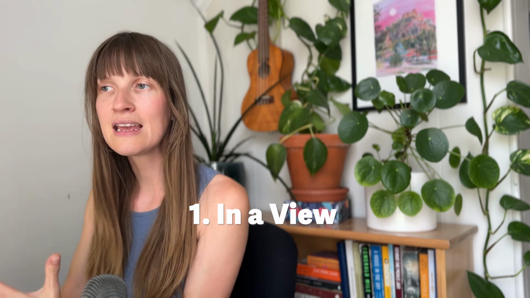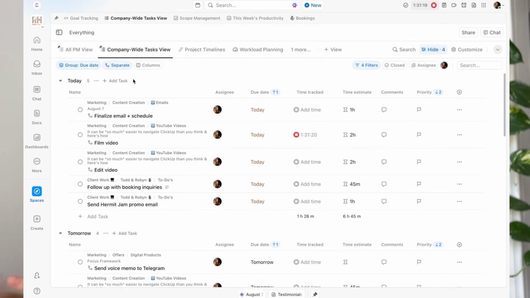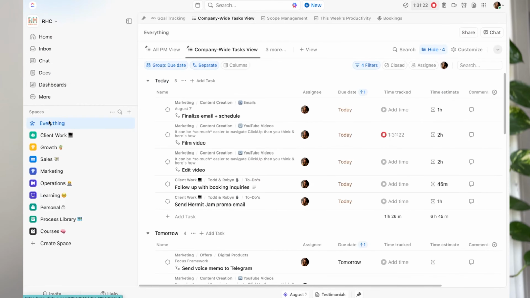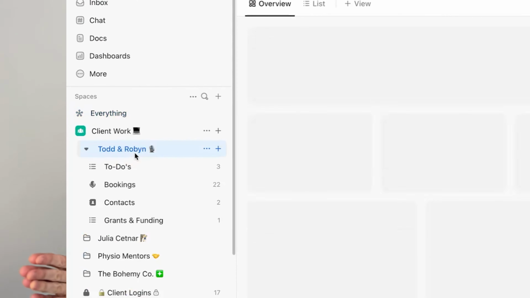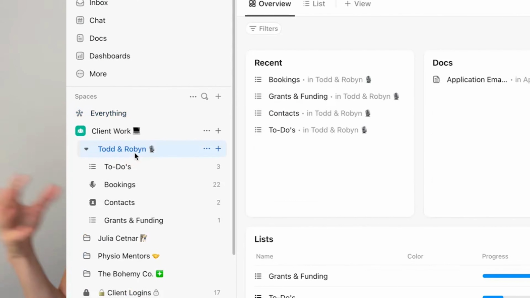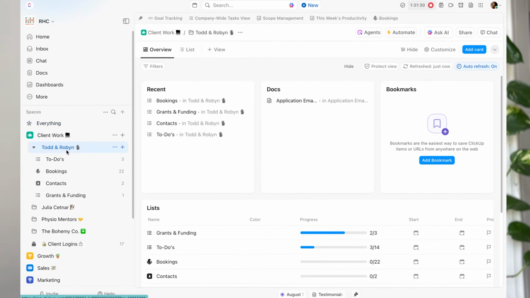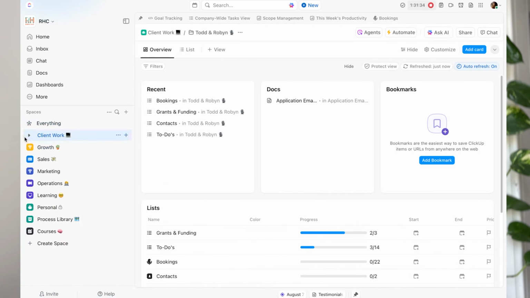So the first one is inside of any view that summarizes other lists and folders. So when I say that, I mean like if you're inside of the everything view, if you're inside of a space, if you're inside of a folder, when you're bringing information from multiple places into one, this is really helpful to avoid, again, using that sidebar navigation. So I want to be able to jump to a list, a folder, or a space without having to go